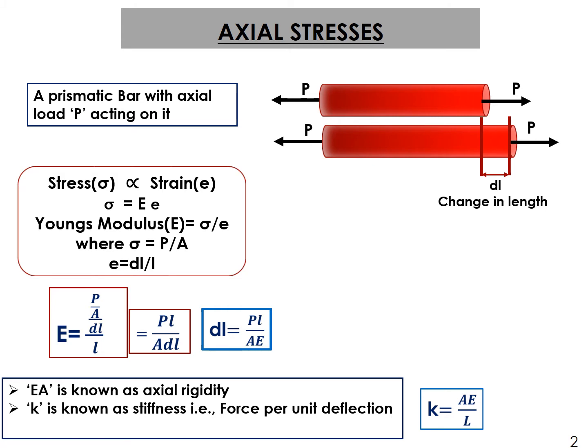A very basic formula as per Hooke's law for axially loaded members. And again, I will just repeat that whatever we are doing here is within that proportional limit. So that's very important. We are not entering the plastic zone. So we are within that elastic range. That's why we are able to use this Hooke's law or Young's modulus. So let's solve some examples using this derived formula. Let's take an example now.